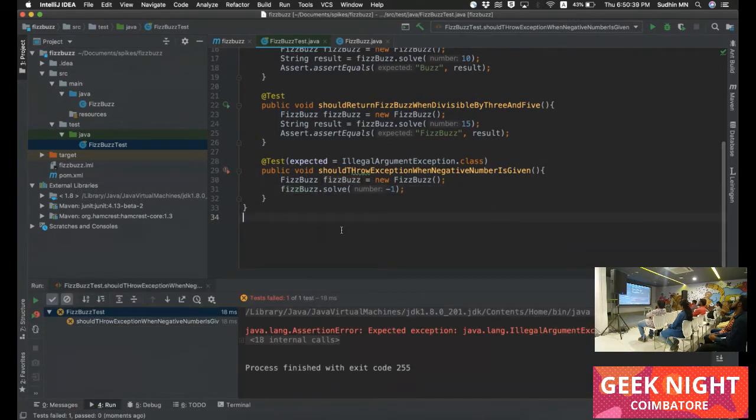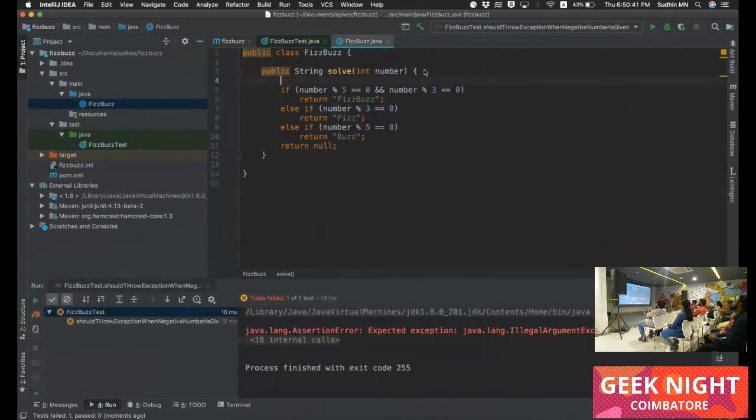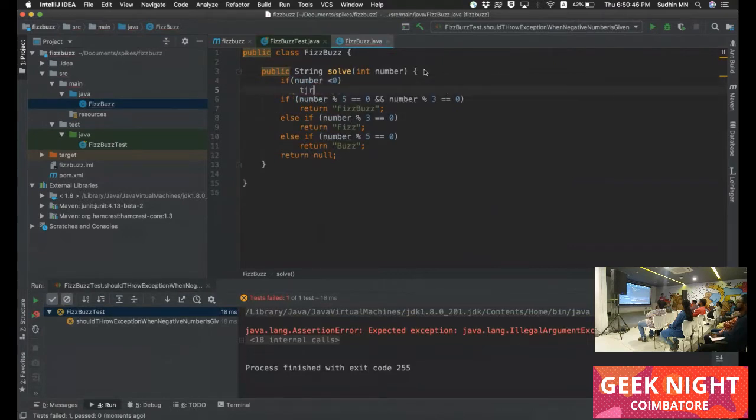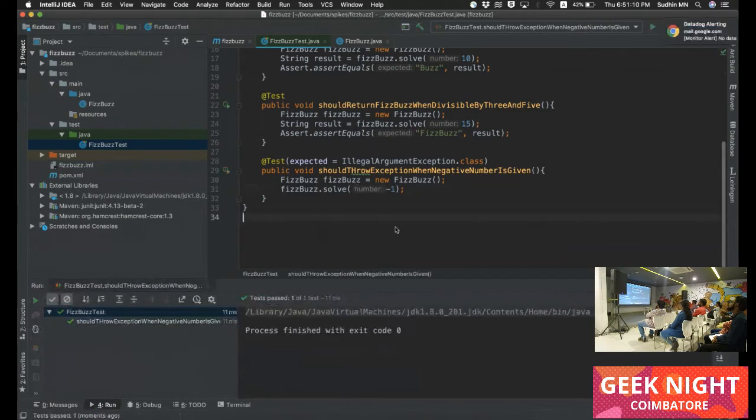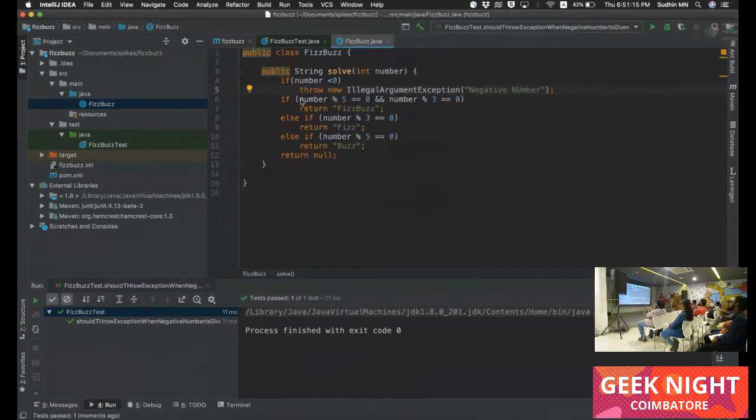We fail the test. If number less than 0, throw new exception, negative number. Right, so it passed. So the advantage of this test is, tomorrow if we want to refactor this method